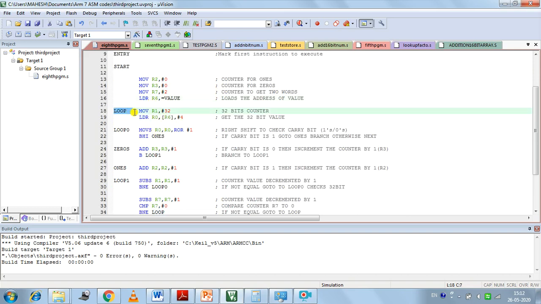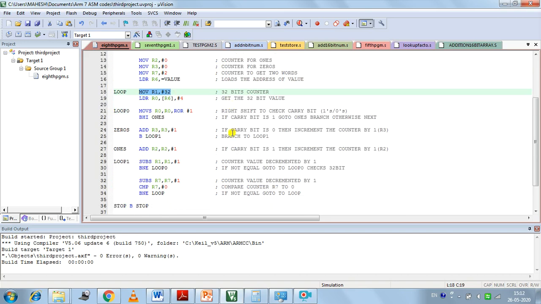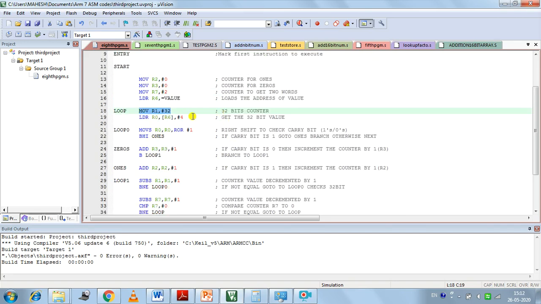Once you start the program execution loop, move R1 comma 32 bit. The bit counter here is 32 bit, so you have to initialize it with 32, and you have to load the data at the address stored in R6 into R0.